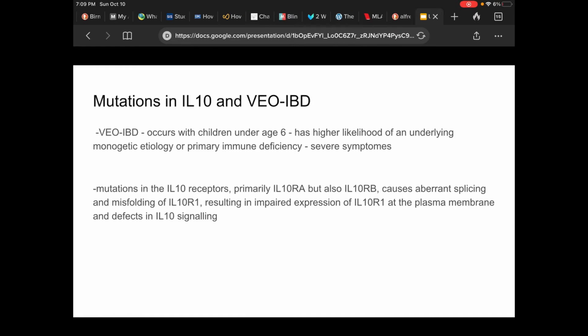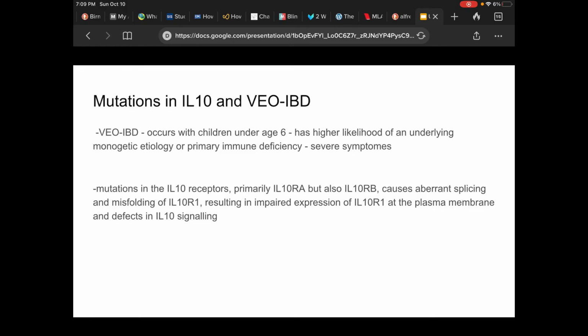Anyways, the IL-10 protein is great, but what happens if something goes wrong? Well, one example would be very early onset irritable bowel syndrome, or VOIBD. VOIBD occurs in children under the age of 6. It is different from regular irritable bowel syndrome in that it usually is caused by an underlying monogenic etiology or